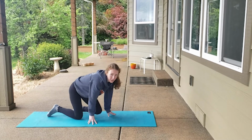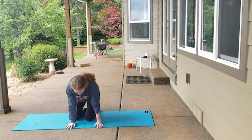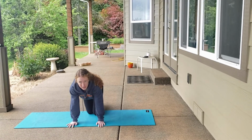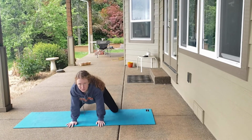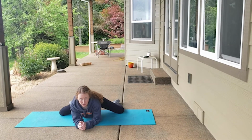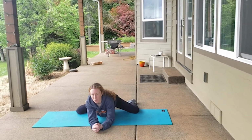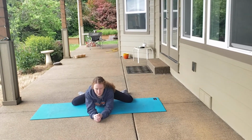All right, we are going to do froggy splits now. So froggy splits, we put our hands down on the ground and our knees down on the ground, and we walk our knees out as far as you can. You can put your elbows down on the ground once your knees get far enough apart. We're going to hold this one for 5 seconds. 1, 2,